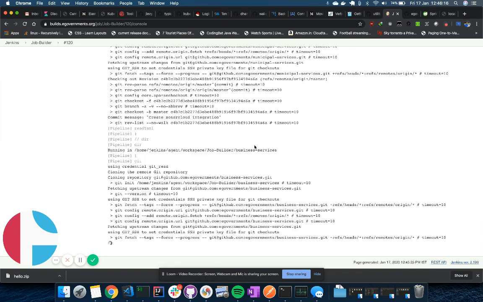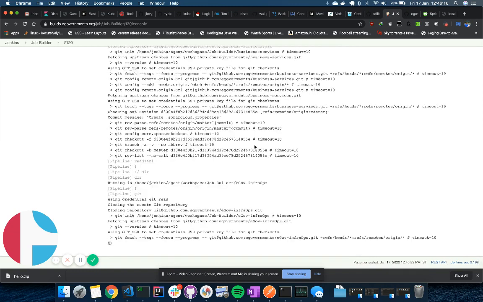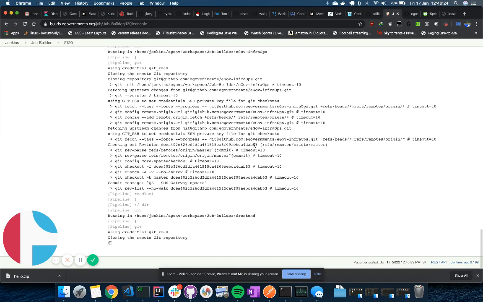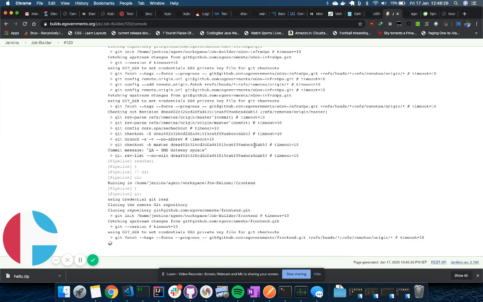So at this stage, like I told you, you would have configured n number of repos. It will check out all those repos to get the build config files. Once it has those build config files, it will start to build the Jenkins job based on that config. So that is a config to say how you need your jobs to be built. So now it's checking out all the repos.